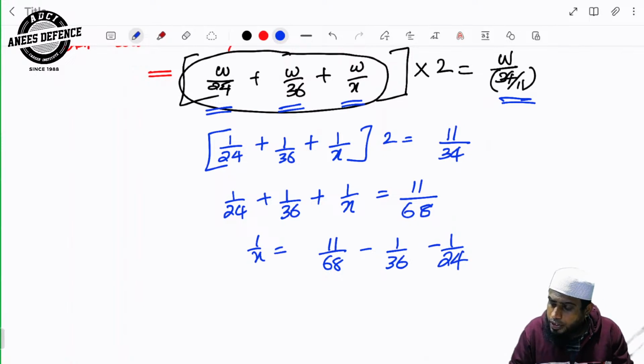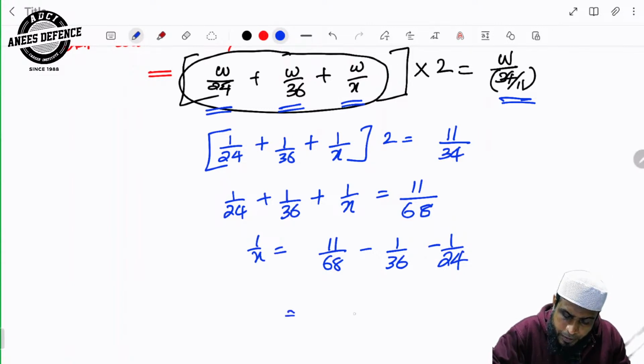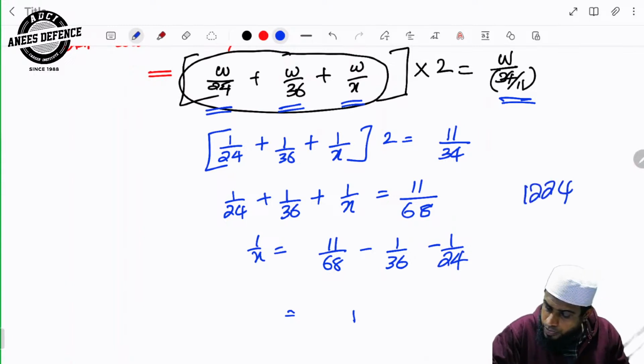So here we can write 4 into... so LCM is actually 1224. So if you are solving, you will get the value as,